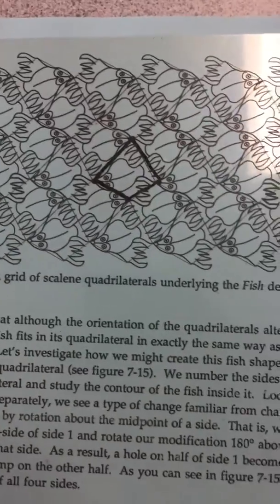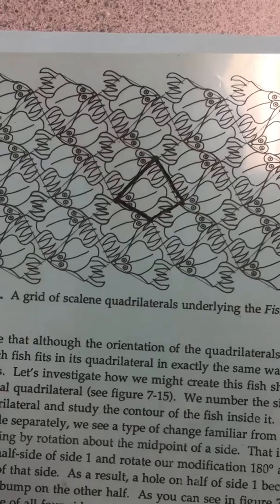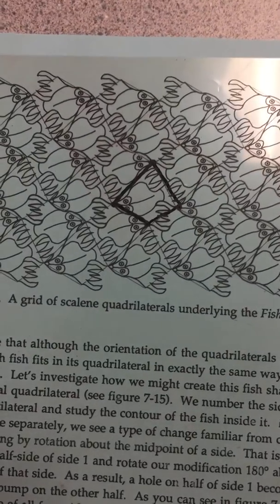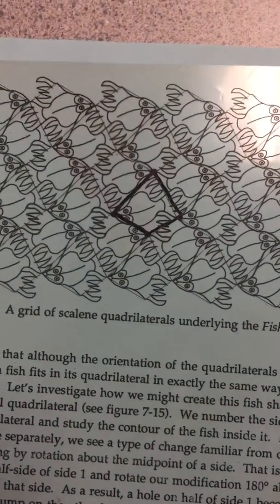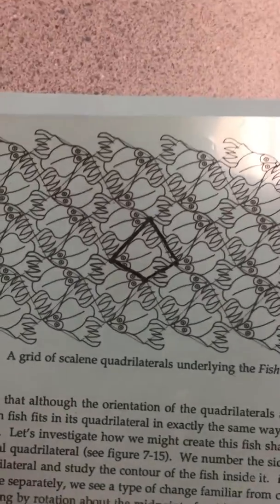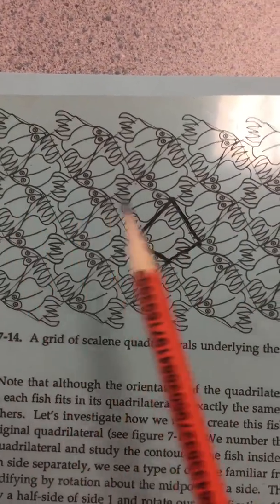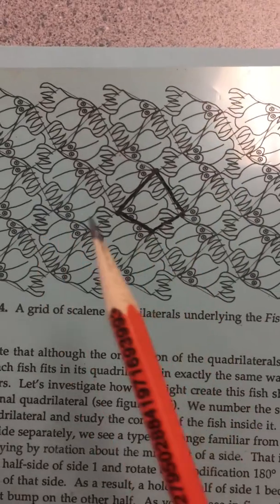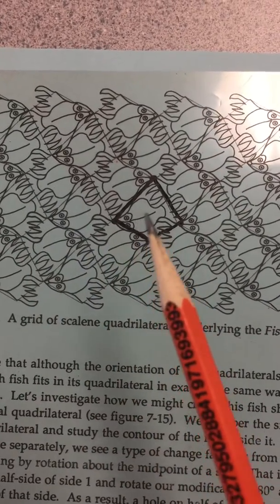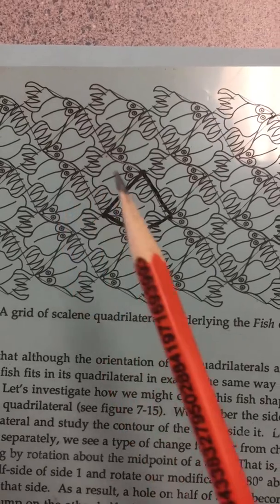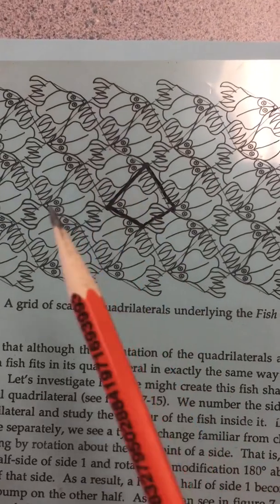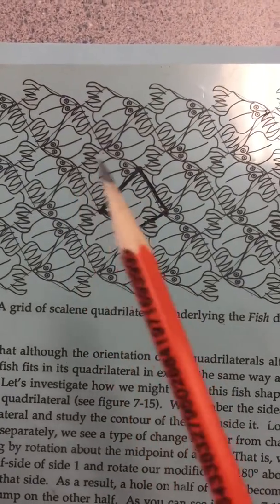This video is to show how to create a tessellation using rotation around midpoints. As you can see, when you look at these fish, some are going this way and some are going this way. So it's not quite the same as a translation. You can imagine that there's probably some rotation going along, and since they're going in the exact opposite direction, probably